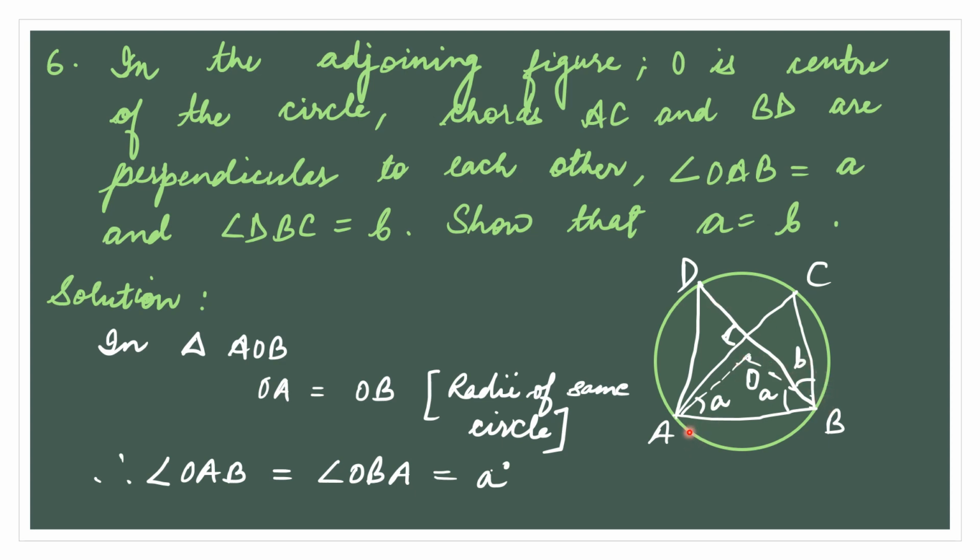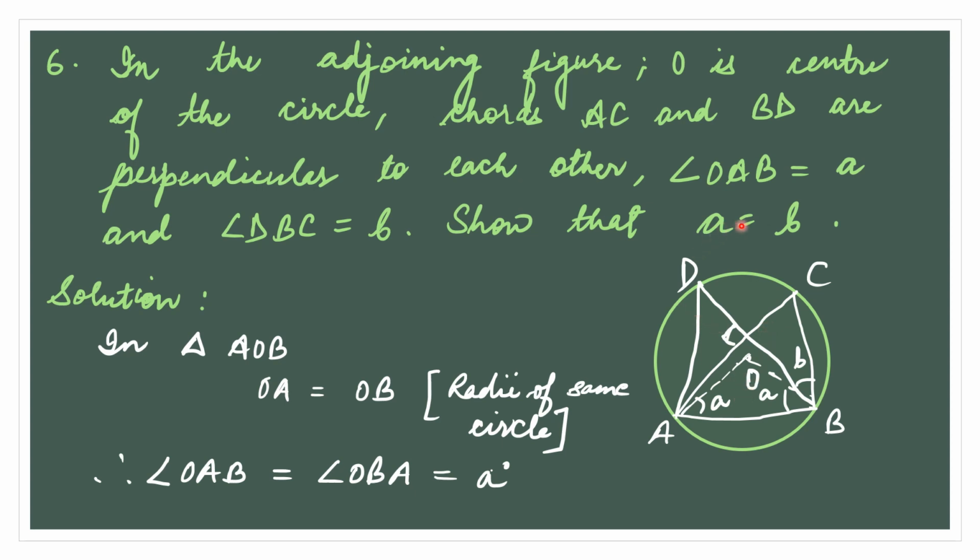the chords AC and BD cut each other at 90 degrees. Here this is 90 degrees, so this is also 90 degrees because it is opposite. Okay, now if they are perpendicular to each other, so this side is also perpendicular. So what happens is